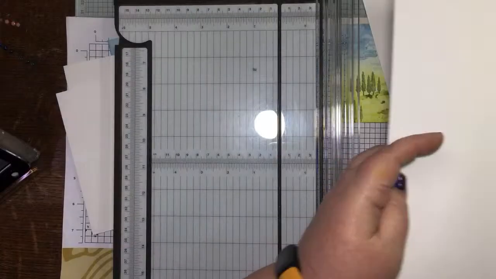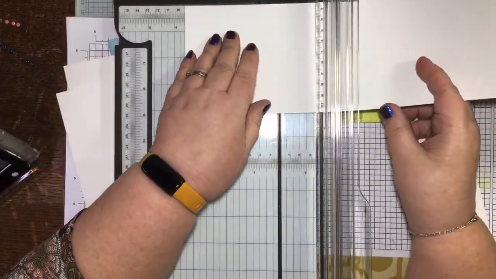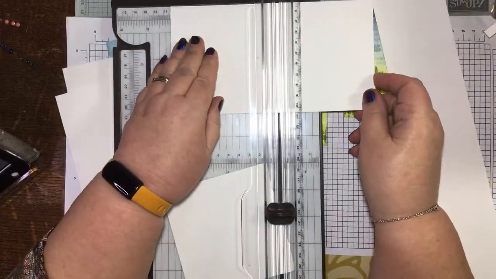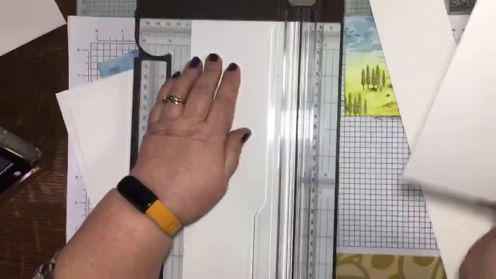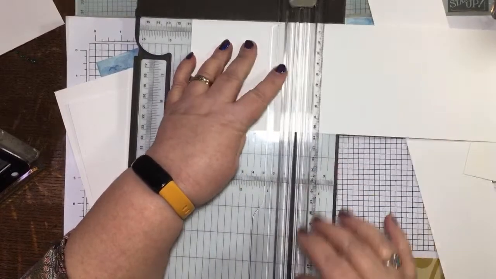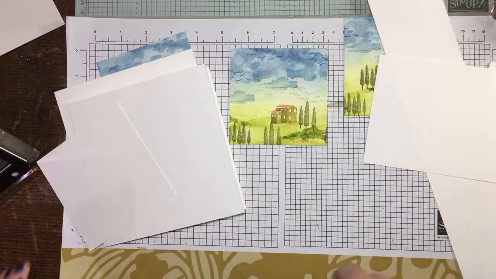Actually, I probably don't need all that because I've got this strip that I cut in the beginning, and that's 10.5. So watch this. 10.5. 10.5. I'll certainly be using this again. I think this is going to make some lovely cards. And then you can team it up with other things. Right, so